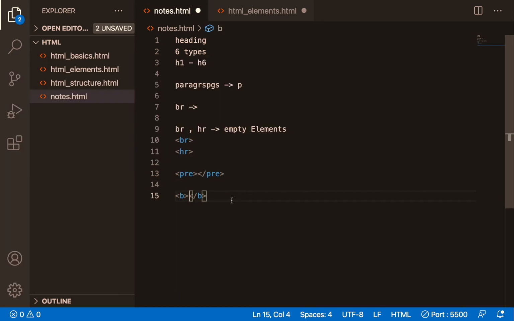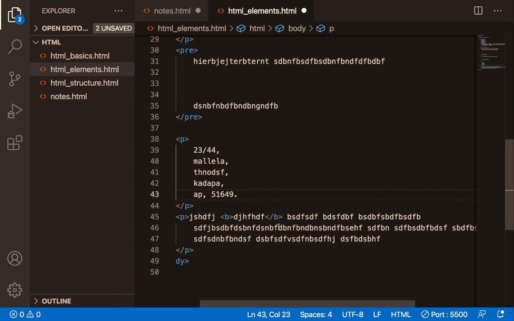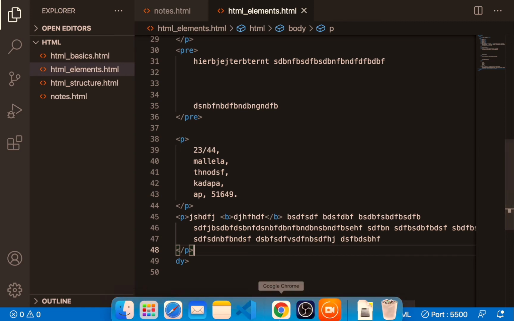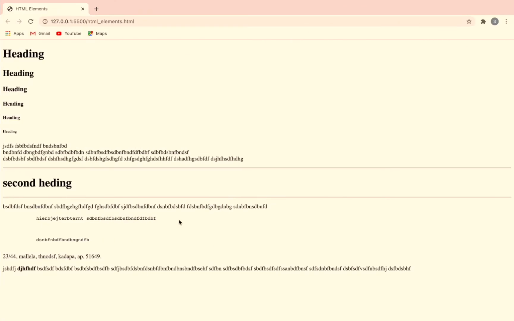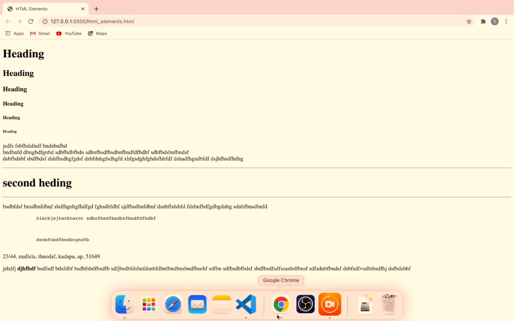B is the element that will make whatever text bold. B means bold. Let's see how the second word will come. If you see here, a little bold is coming. That is the use of bold.